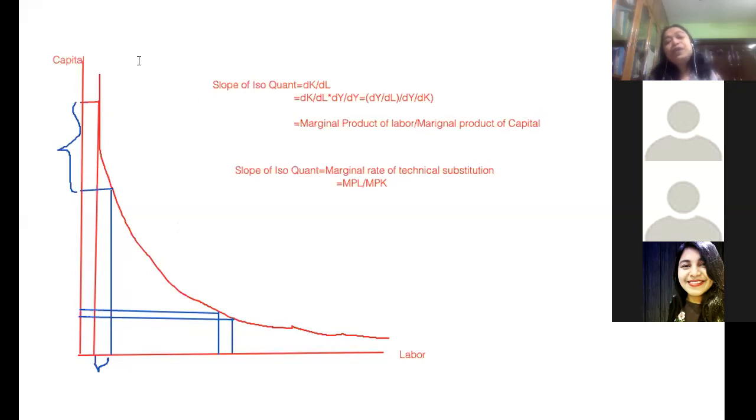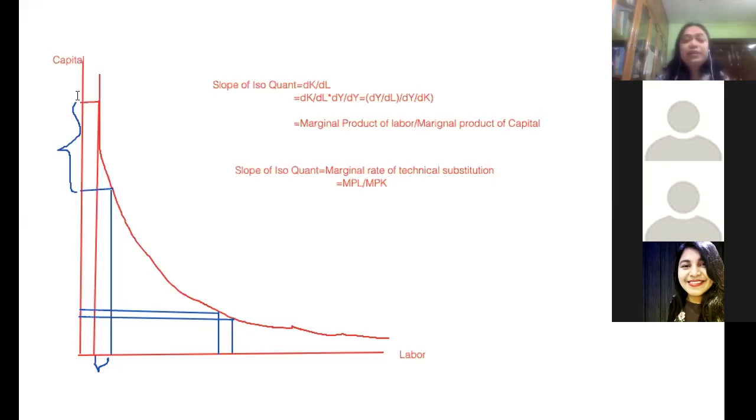If you move to a higher iso-quant, that means you are moving to a higher level of output, right? If you move along the iso-quant, you are changing your combination of labor and capital. This reflects the slope of the iso-quant. When you have a lot of capital, you're willing to sacrifice this much capital to gain a little bit of labor. So this reflects how, as a farm, you are substituting between capital and labor. The slope of the iso-quant tells you the marginal rate of substitution between labor and capital, right?